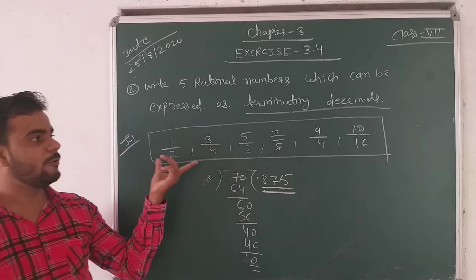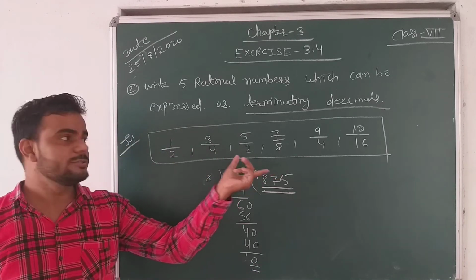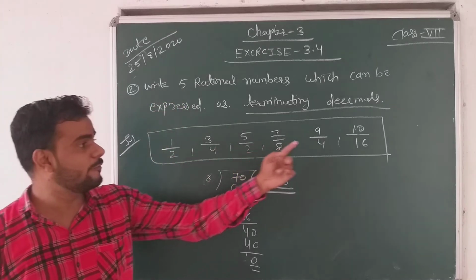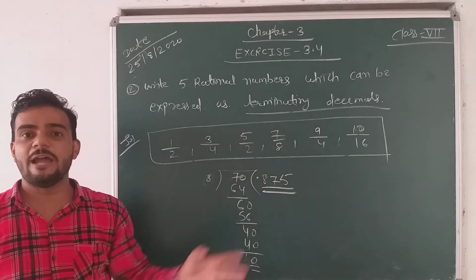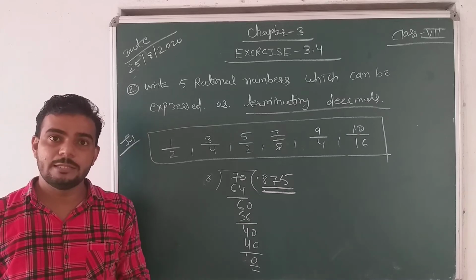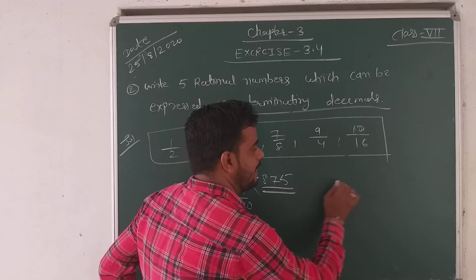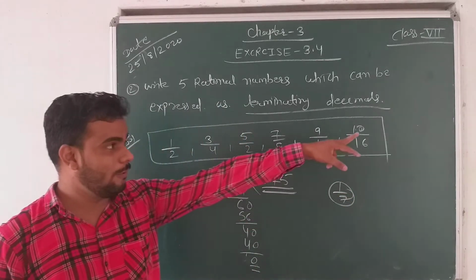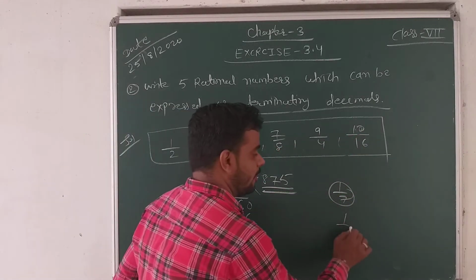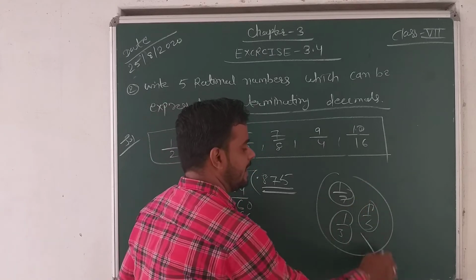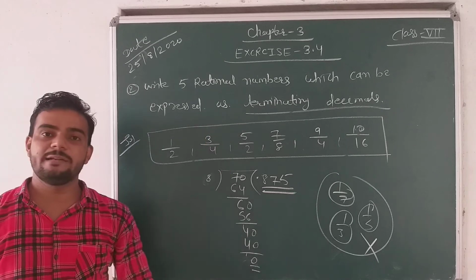So from your own mind you can write any decimal. So here it is told about 5 decimal numbers, so I will write 1 2 3 4 5 and 6. So you can write any 5 from your own mind. Okay, but the important thing is that it is terminating only. Don't write 1 by 7. 1 by 7 is non terminating. Okay, I only told here, 1 by 3 is also non terminating. 1 by 5, don't write this type of decimals. Okay, so take the screenshot and write in a notebook.